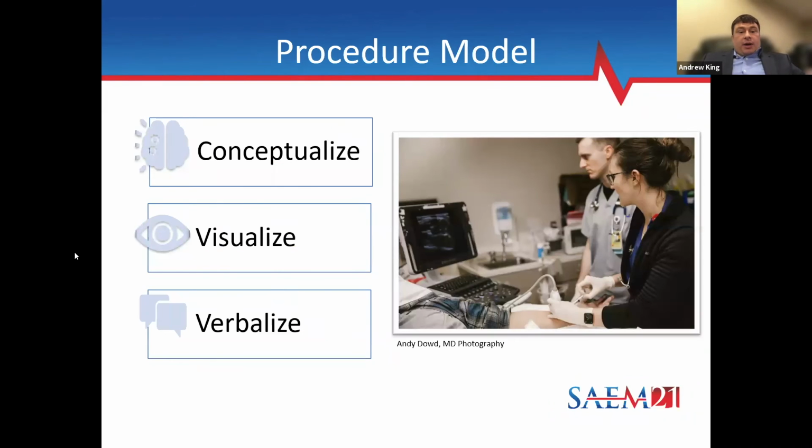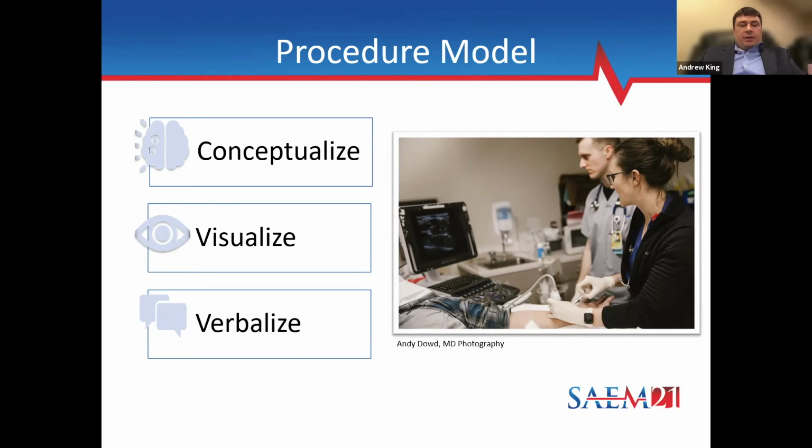So the next model we're going to talk about is a procedural model of teaching. This is an area where, as we saw in the responses that you put in the chat, a lot of the issues with teaching our residents are time and too many patients. A lot of us have a hard time spending time in the room supervising a procedure from timeout to cleanup. So one way to spend a couple of minutes in the emergency department before a learner is about to embark on a procedure is to